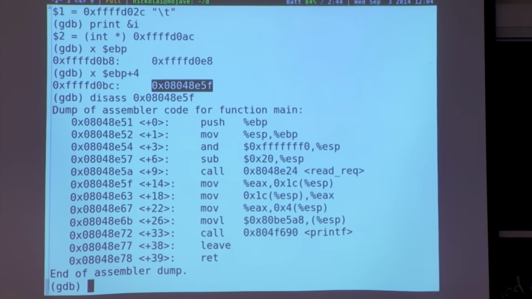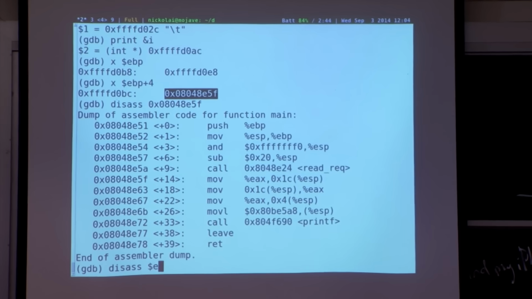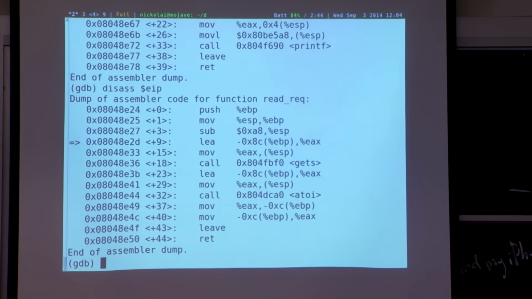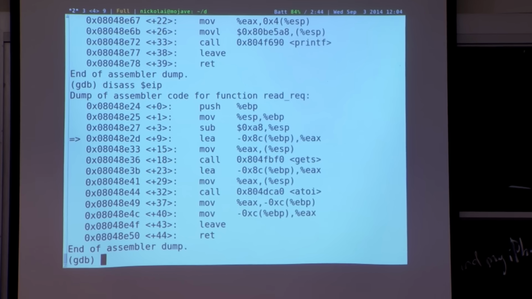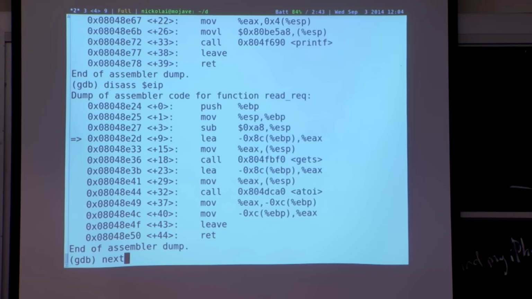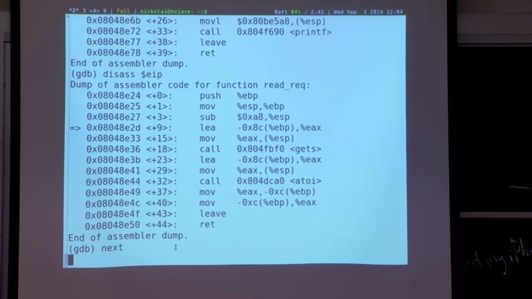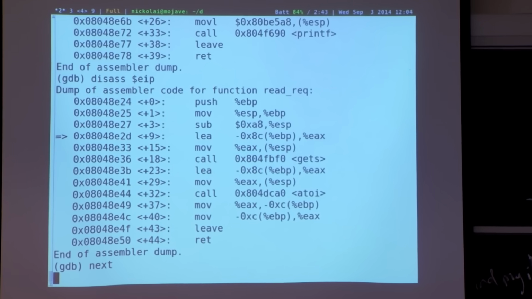This is hopefully fairly straightforward stuff from 004 or some standard OS class. OK, so where are we now? Just to recap, we can try to disassemble our instruction pointer. So we're at the beginning of readrec right now. And we can run for a bit and maybe run that getS function. So OK, we run next. What this does is it runs getS, and it's waiting for getS to return.